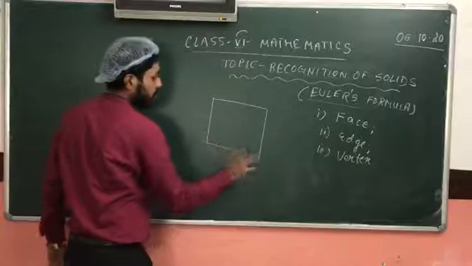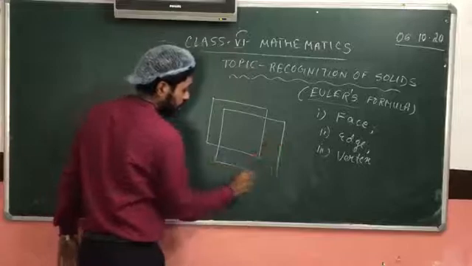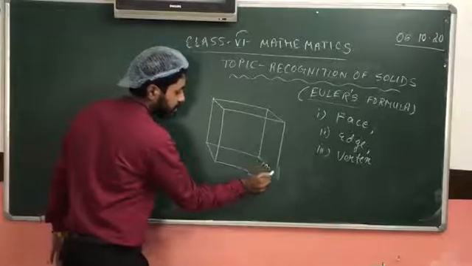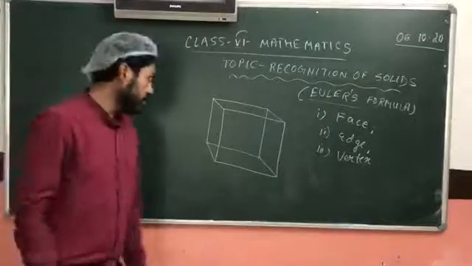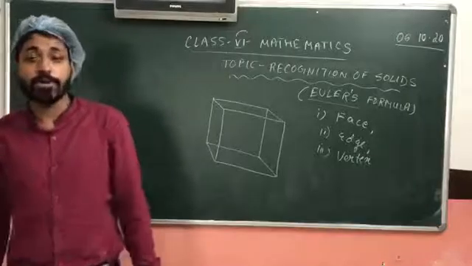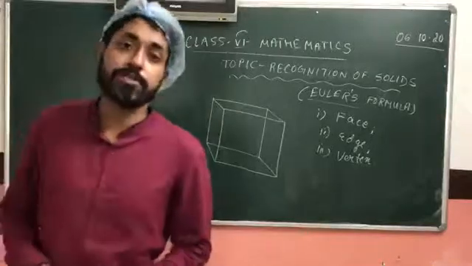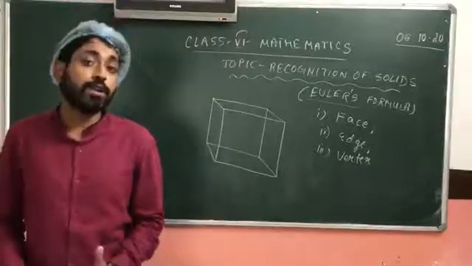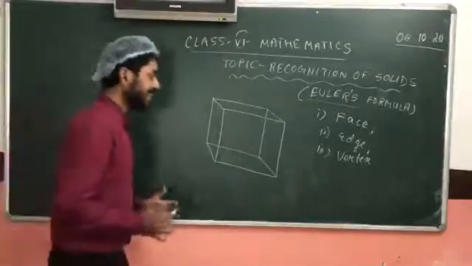A cube can be understood as a three-dimensional representation of a square. Just like a square, all the sides of the cube are equal. So this will be a cube or a cuboid. What is the difference between a cube and a cuboid? The main difference is that a cube is the three-dimensional representation of a square and a cuboid is the three-dimensional representation of a rectangle. For a square or a cube, all the sides will be equal. For a cuboid, opposite sides will be equal, just as in the case of a rectangle.